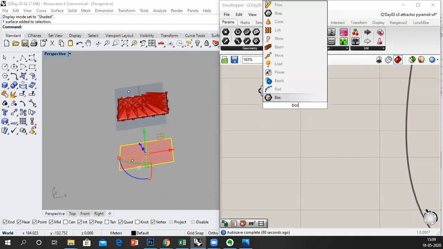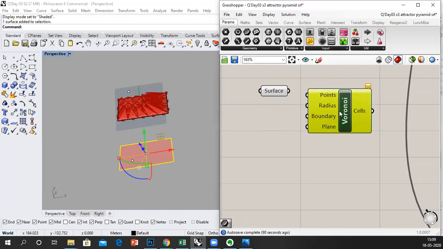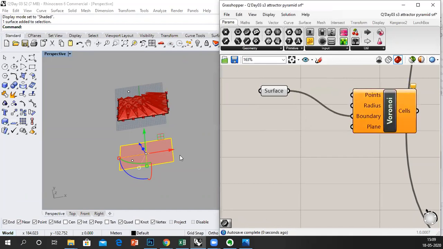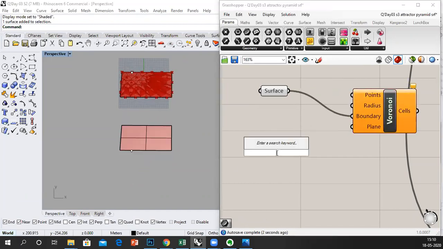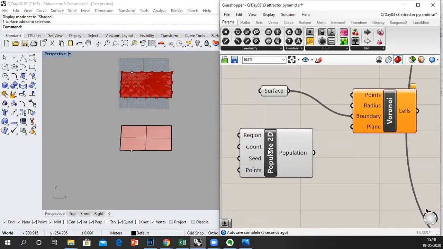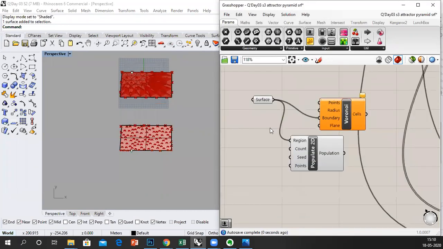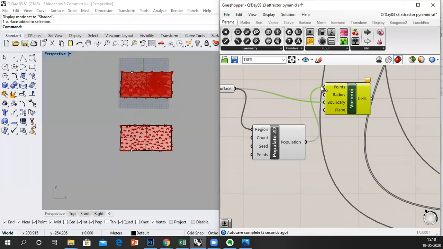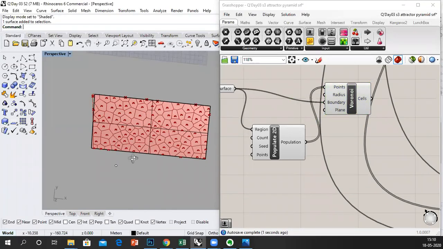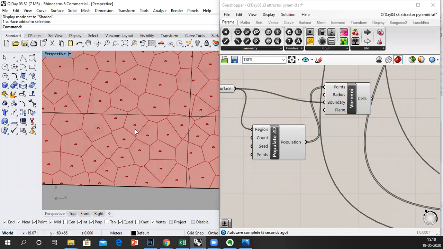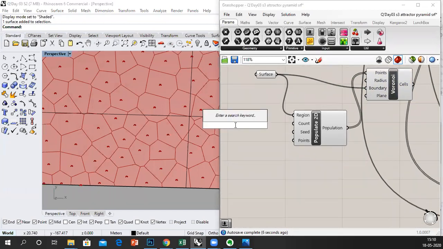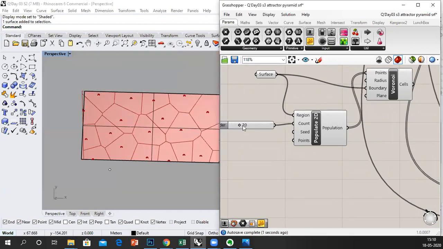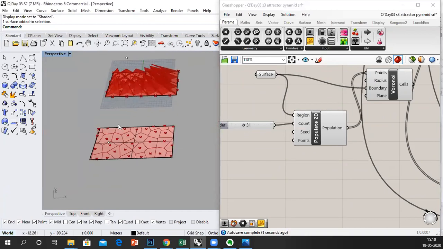So Voronoi 2D. So நம்ம பவுண்டரிக்கு Voronoi cells பண்ணும் according to a set of points. So populate 2D, what populate 2D does is நம்ம கொடுக்கிற regionல நம்ம சொல்ற amount of points வந்து it is gonna set it there. So these are the points அப்படின்னா அந்த pointsக்கு ஏத்த மாதிரி it kind of like disperses. Number count வந்து we need to set it. Say I'll set it at 20. Later on we can increase.